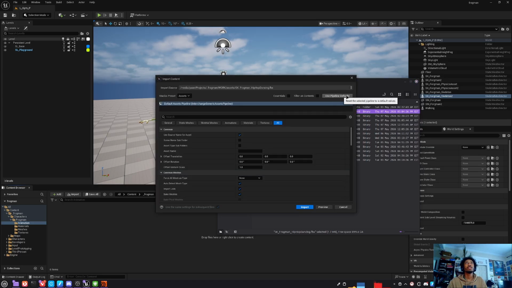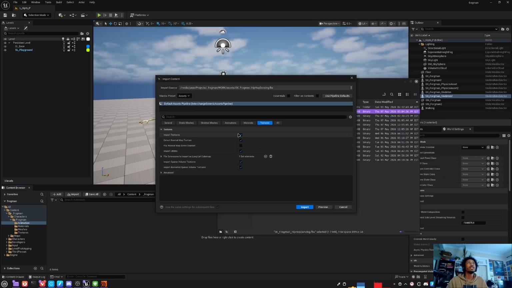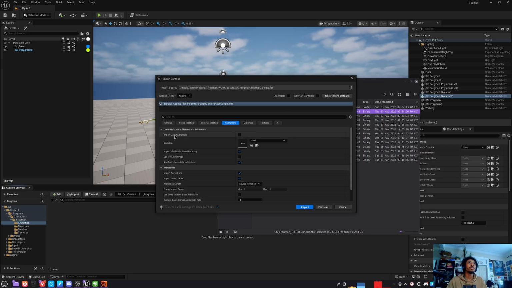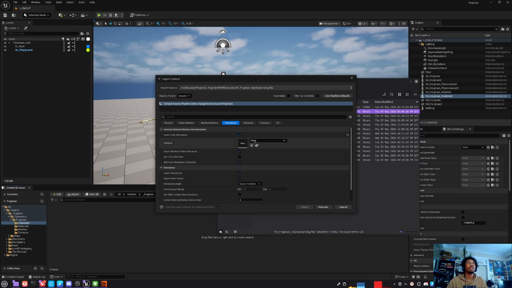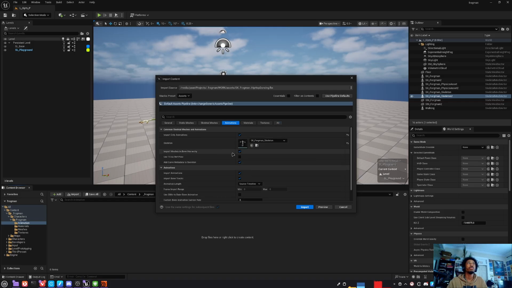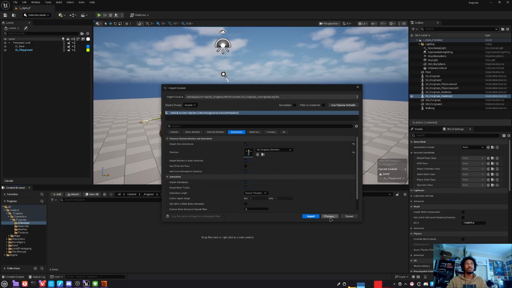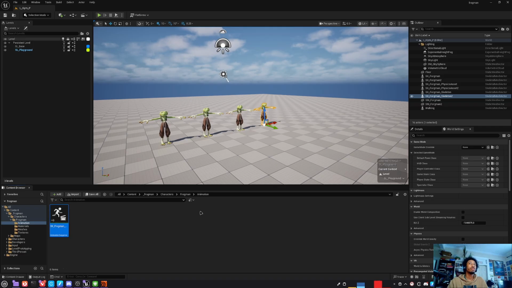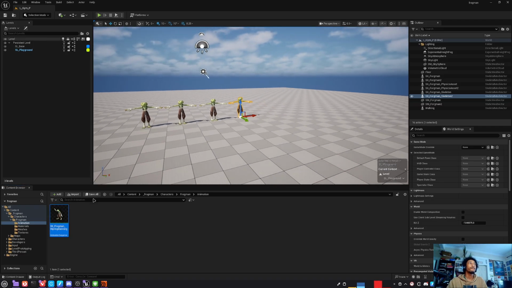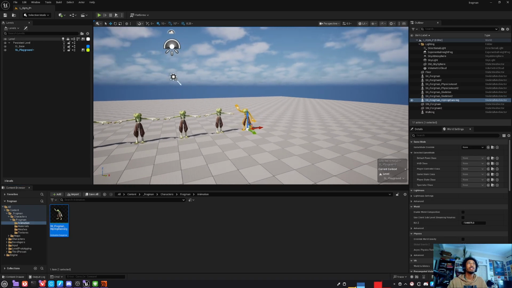We're gonna reset the options and use the pipeline default. We're gonna not import the textures, not import the materials. And in animation, it's important we select import only animation, right? We go back to animation, and then here we are going to select the skeleton of the character we want to have the animations. And if I look in here, we can see that we are only getting the animation. So we do import, and if I bring this into the scene,